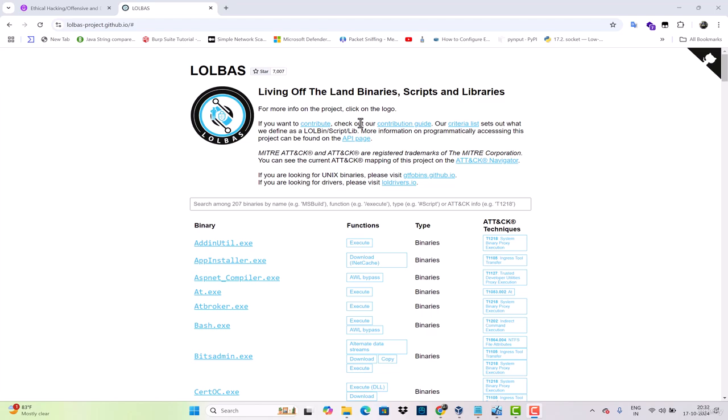But you can use the LOLBas instead of going for any other third-party application, because real-world hackers and threat actors use the LOLBas to do multiple attacks.